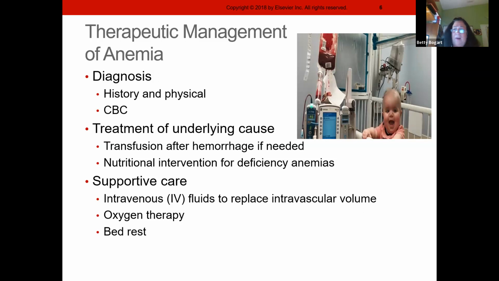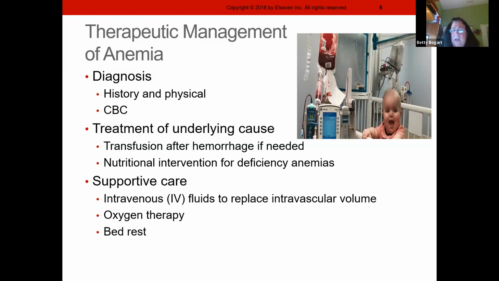Now, it doesn't matter why the hemoglobin hematocrit is low. We can't let that child continue to go on without replacing it. So we do give transfusions. It will build up the blood cells. But remember, if it is nutrition, we're going to just increase nutrition. If it's due to hemorrhages anywhere, blood bleeding, we know we're going to give it that way. But as long as that blood count isn't too low, we're just going to change the nutrition when we're giving